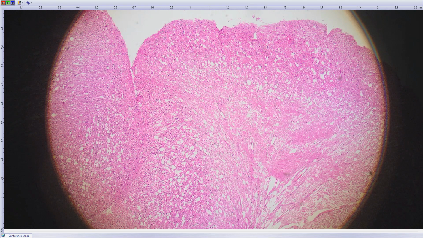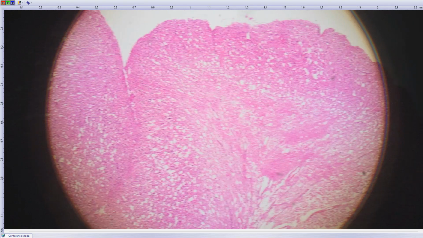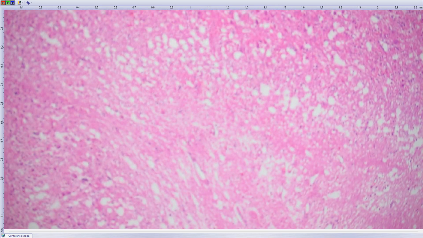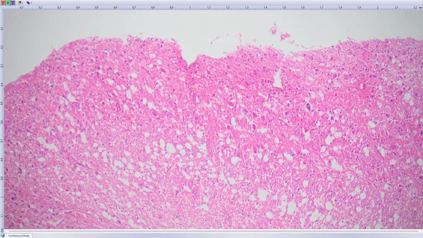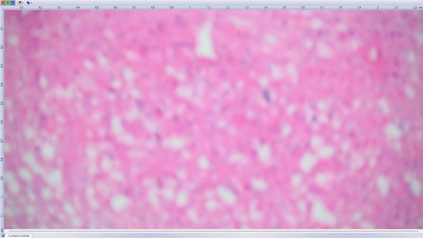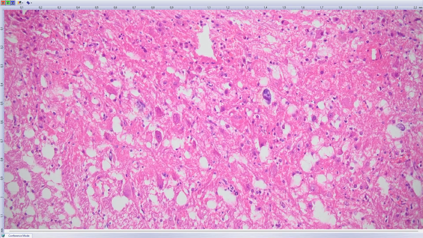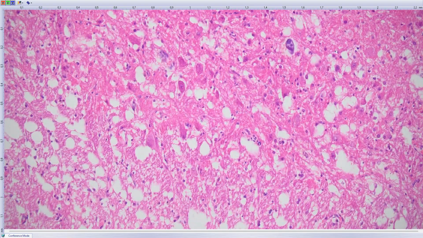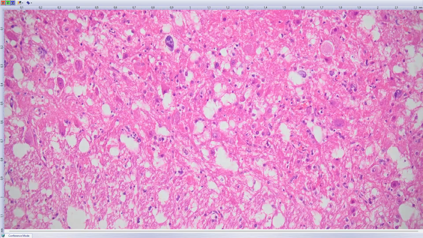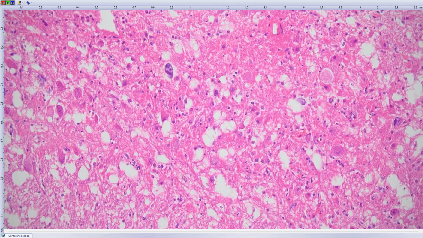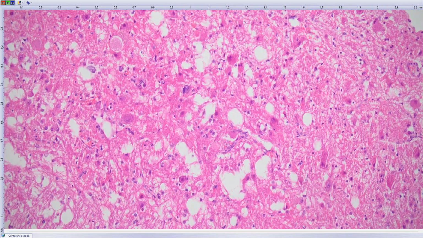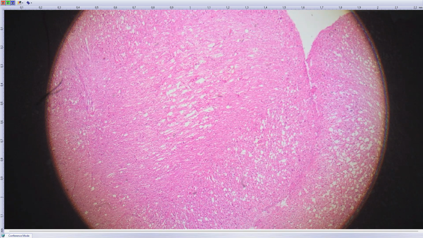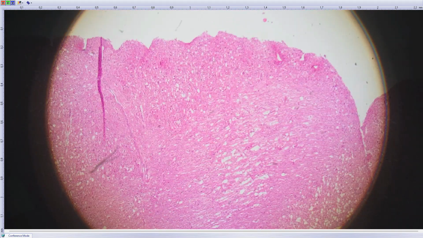We cannot see normal architecture of the cerebellum, because this stratum moleculare is completely made from these dysplastic ganglion cells. No real atypia, no mitotic figures, just these weird-looking big ganglion-like cells, which are, let's say, respecting the general architecture of cerebellar